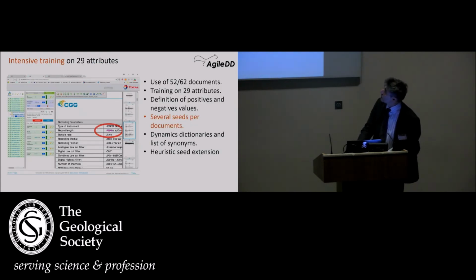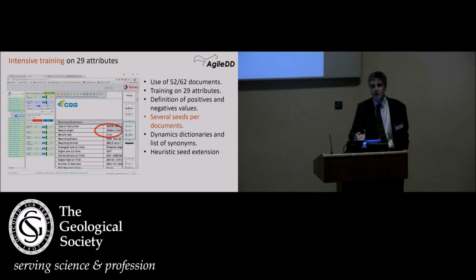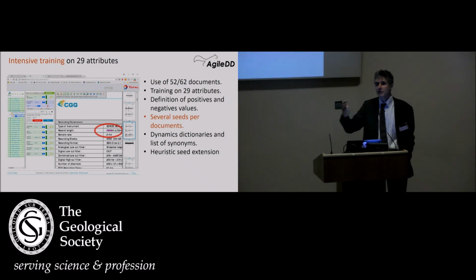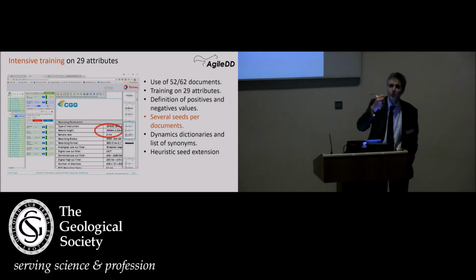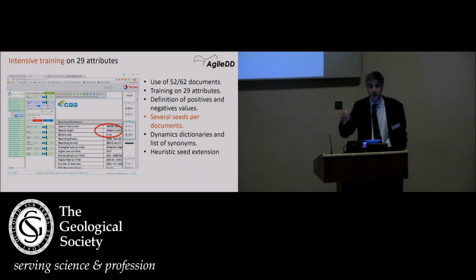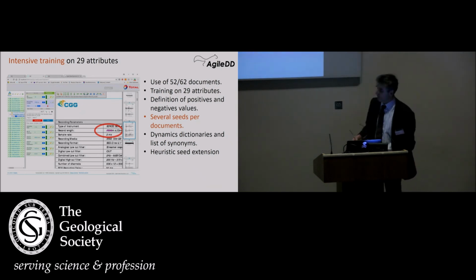So we start by training the machine, training for positive values, but also for negative values. In a seismic report, you don't have only one vessel name, because there is frequently a chapter about interference where there are names of other vessels. So you have to train on what is the vessel name of this survey and what are not the vessel names of this survey. So you do some training,